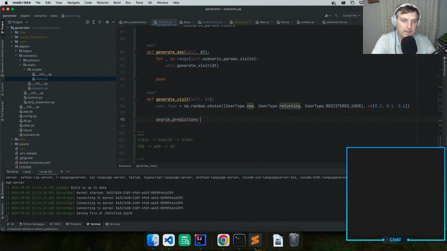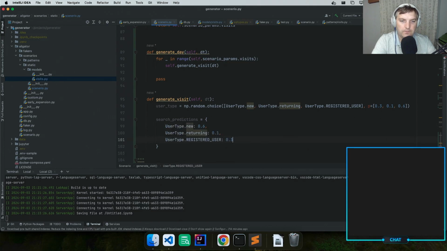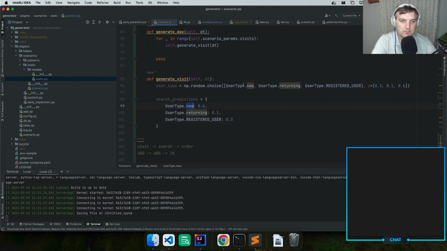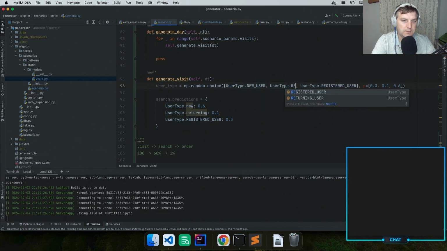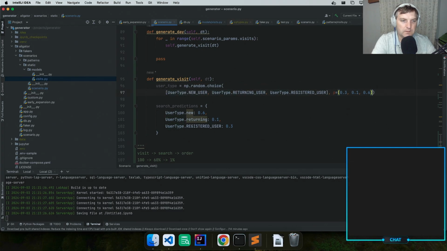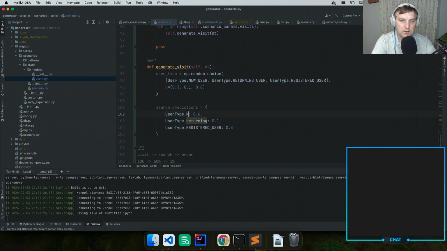Search predictions. And what we want to do is build a map. We say, okay, the user type is new. There you go. So the user type should be new user, returning user, and registered user. So this is our choices. This is the p-value, and that's the thing. So the search prediction for the new user is 60%, for the returning user is 90%, and for, okay, so for the new user,